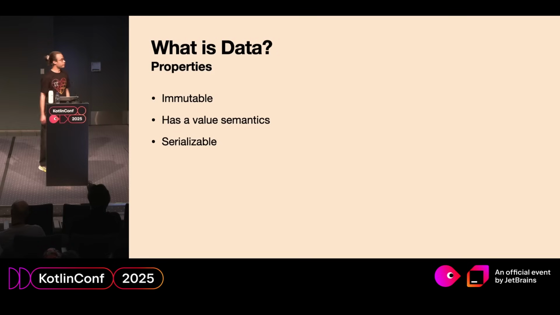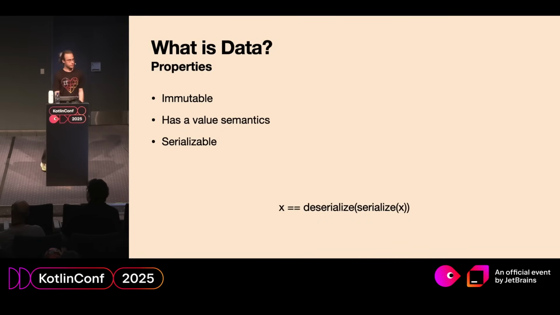And third, a very important property, and the last one that I derived from it, is that data was given to us, meaning that it was communicated somehow. It was loaded into the computer, so it was serializable when we received it. So this property has to be preserved. Being able to serialize data is very important when data travels in time or in space, where we put it on disk. When it's sent, we should be able to send it to somebody else. And very important is that this serialization semantics has to be in agreement with the value semantics.